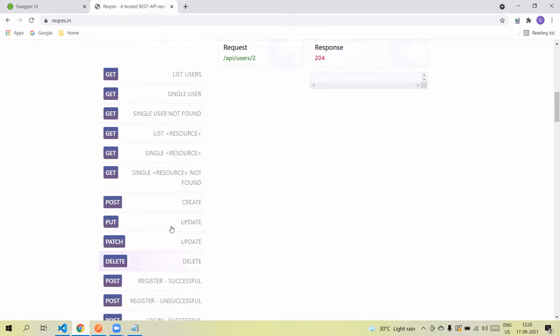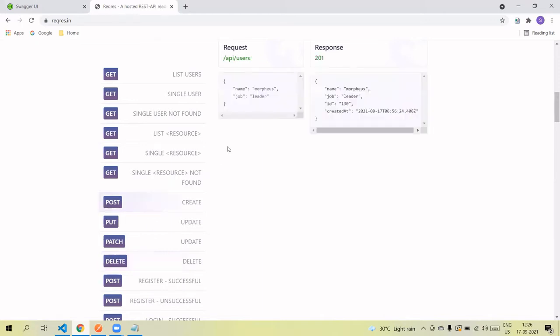Otherwise, if we hard code the user ID in our test delete request, then the first time this will work, if the user exists, and the second time it will not run. Why? Because the user was deleted by the first request. So next time this will give us a 404.